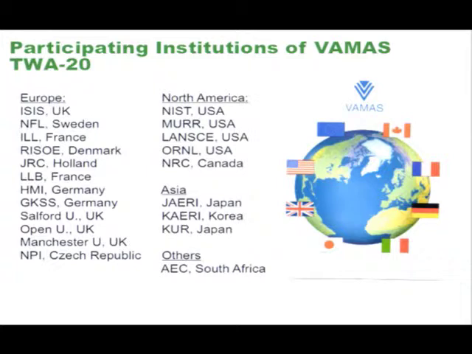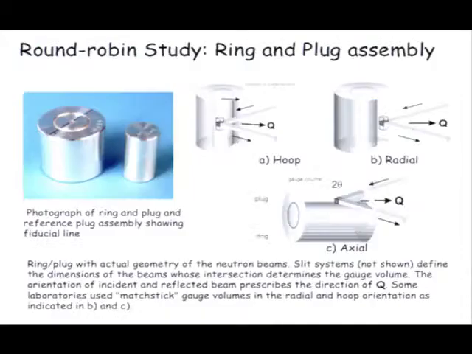There's even one from South Africa. So it's about 20 or so facilities measuring the same sample. Actually, there were 4 samples that were studied in this program. But the most widely studied